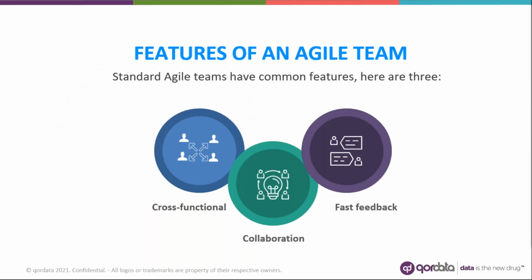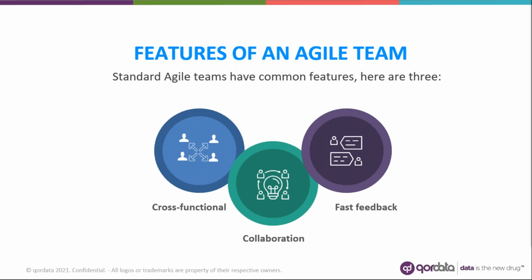So what are the features of an agile team? How should a standard agile team look? As you can see in the 3 circles over here, the main traits everyone on the cross-functional team should possess are a desire for collaboration and continuous improvement through fast feedback. An agile team is all about communication, usually daily, teamwork, problem solving on a daily basis, technical development skills, and striving to improve the team's velocity with each iteration.